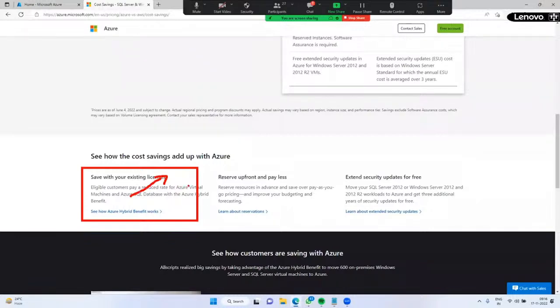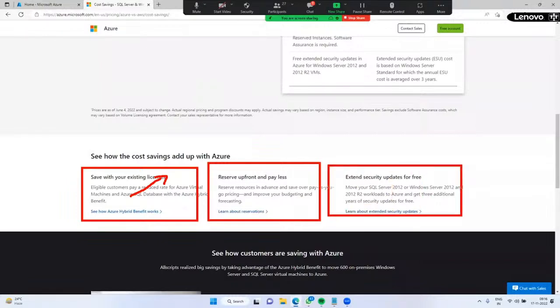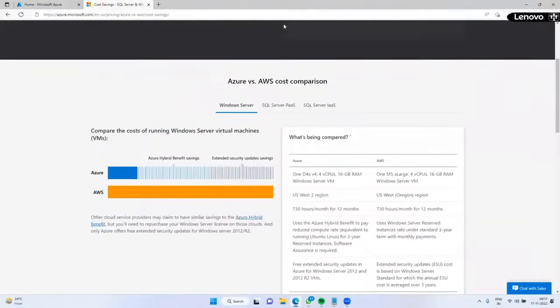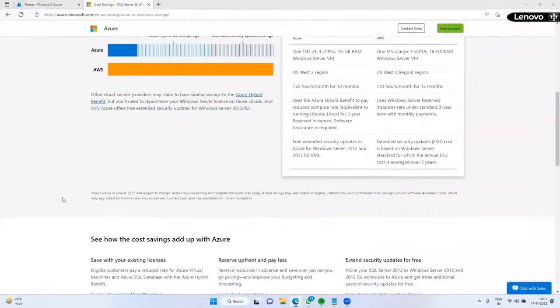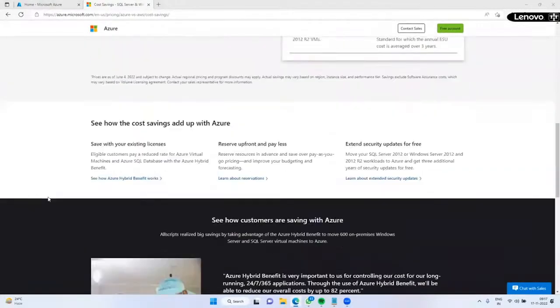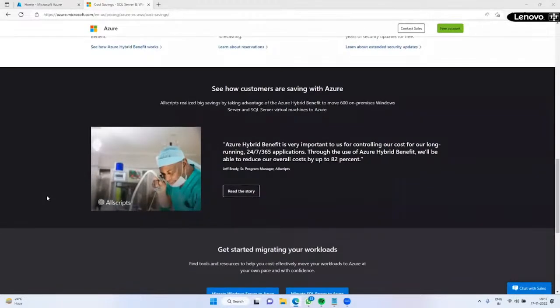You need not spend any additional amount. There is no reserve upfront cost. Extended security: security vulnerabilities, patches and all, they can extend to the next level. This is the advantage of Microsoft Azure. Because of all these features and services, Azure is the market leader in cloud computing.